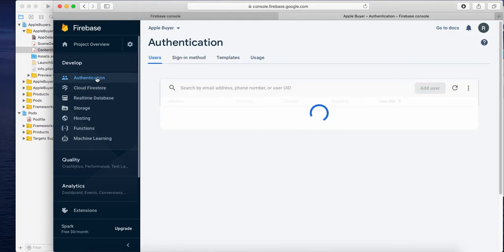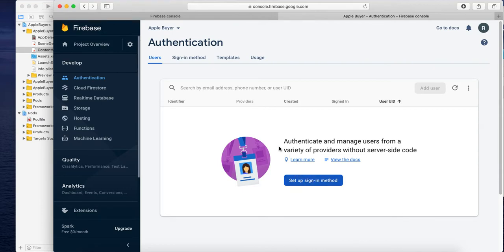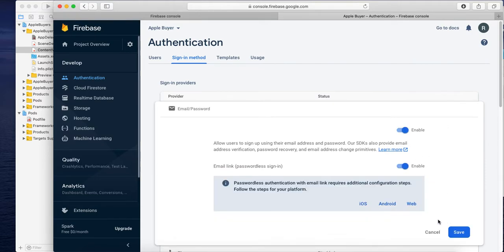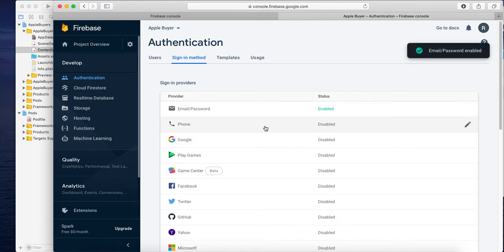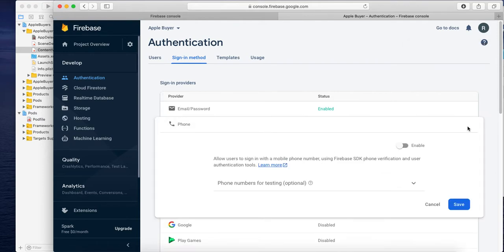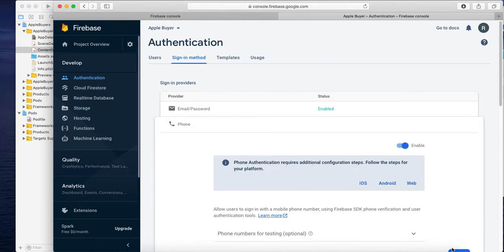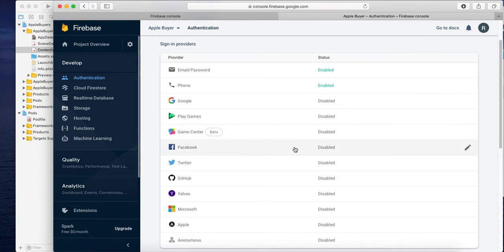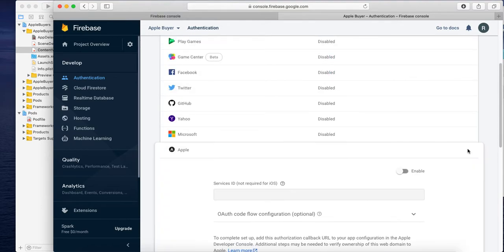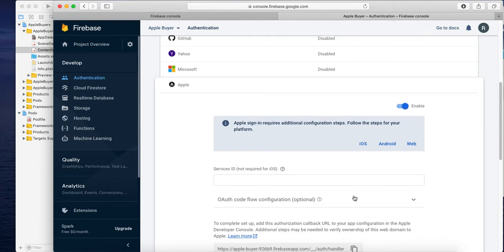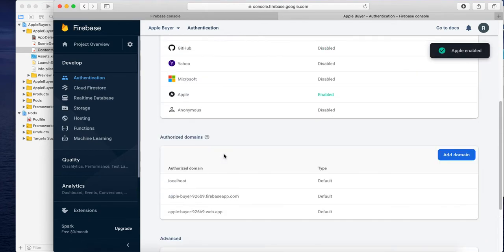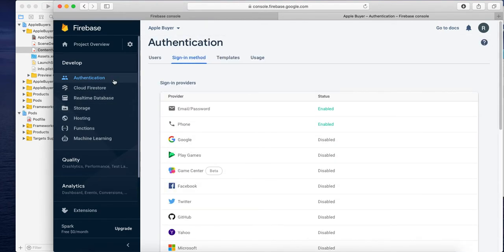When clicking on authentication, you need to specify the methods here. Enable it. Like if you want to authenticate with phone number, then you should enable it. And if you want to add other options, like Apple, then you need to save this one. So these are a few authentication methods.